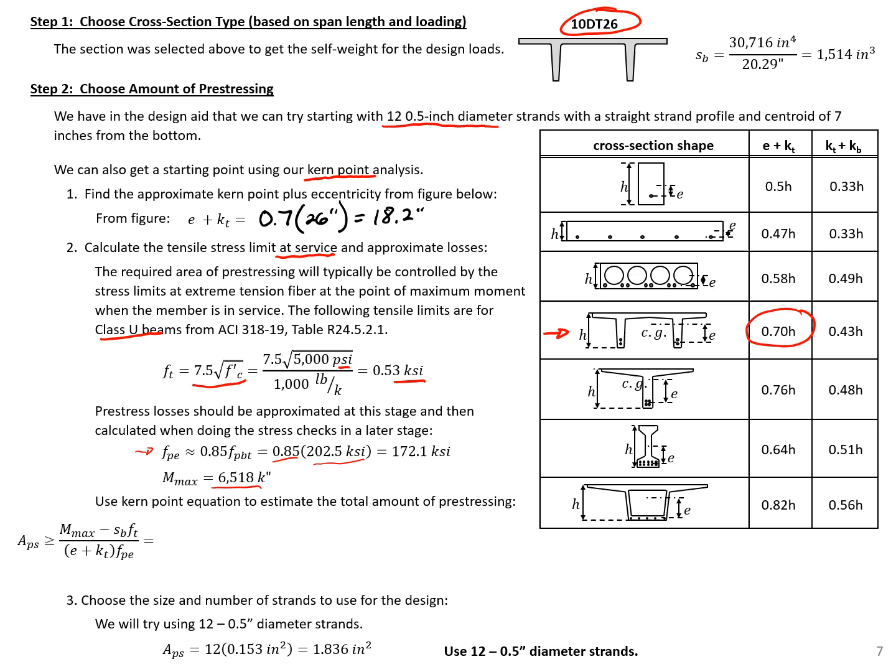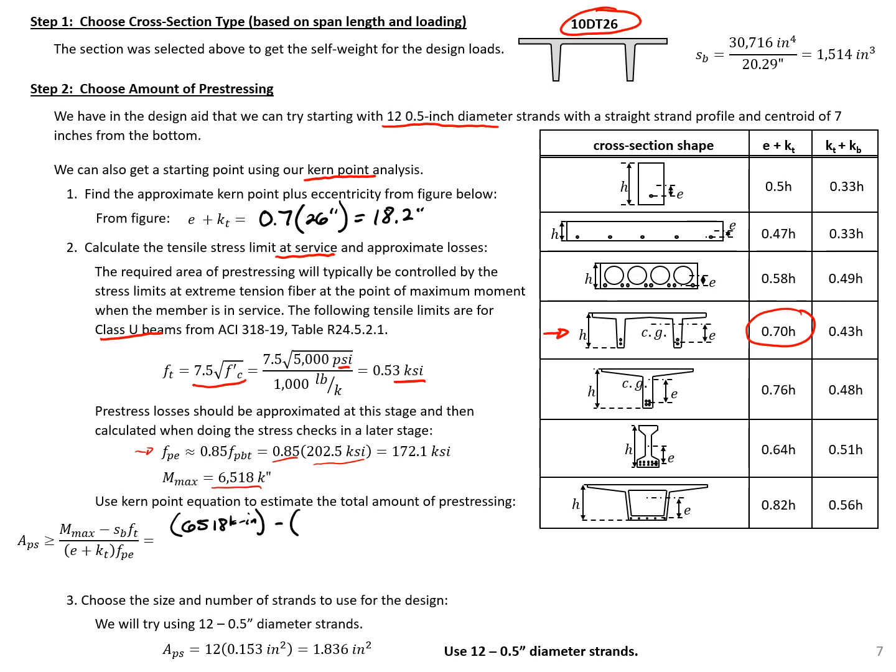So next we can plug these values into our current point equation. And our current point equation here will help to ensure that we meet our stress limits at a certain point. So here we're looking at midspan and we're looking at the bottom fiber stress limits. So we can plug in our values. We have our maximum moment, which is 6,518 kip-inches,